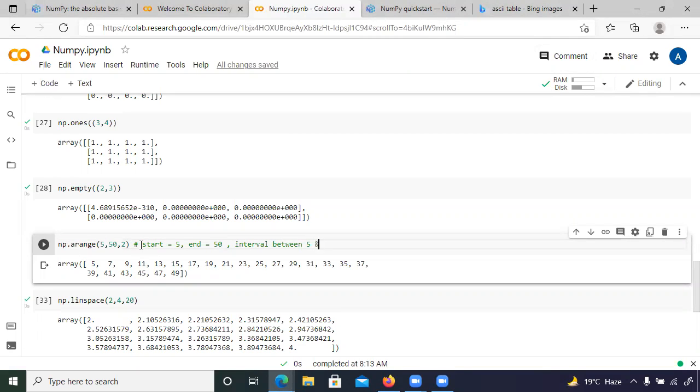Here between 5 and 50 it should be 2, right? Means after every 2 digits, there will be an interval.